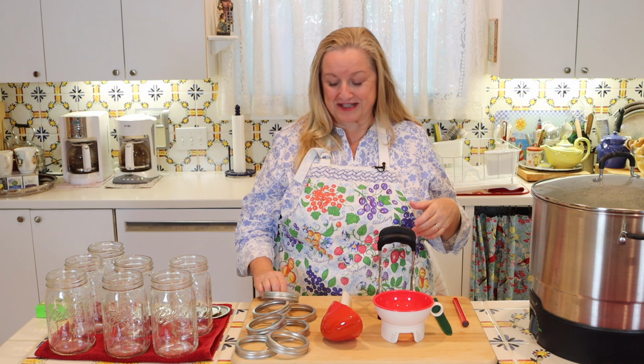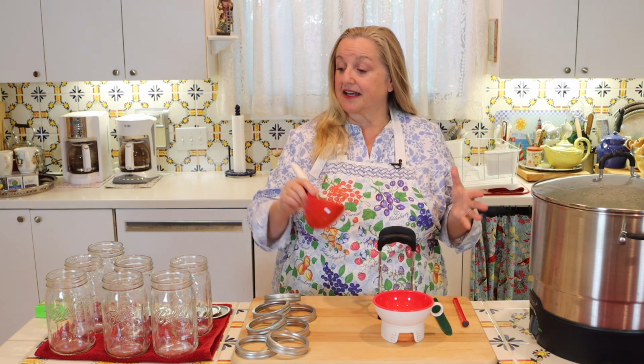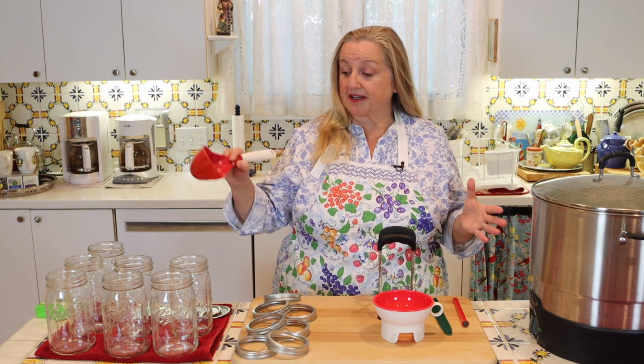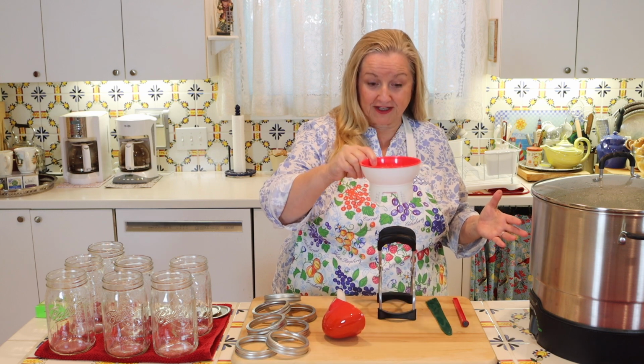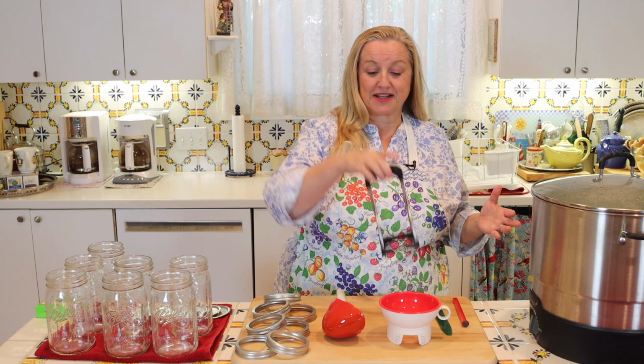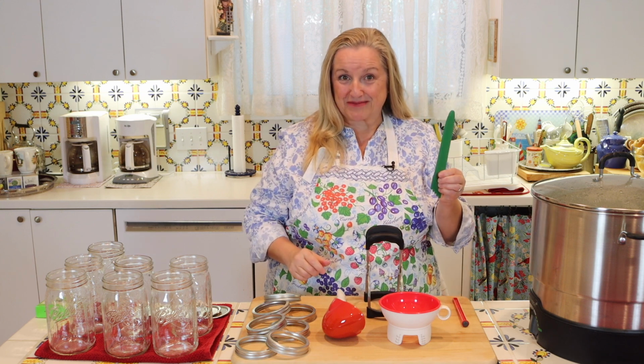But as long as they're in good condition, your rings can be reused. Next, you're going to want some kind of ladle, which makes it easy to get your fruit and your liquid into your jars. And then you're going to want some type of funnel. And then you're going to want a jar lifter, and then you're going to want a debubbler,